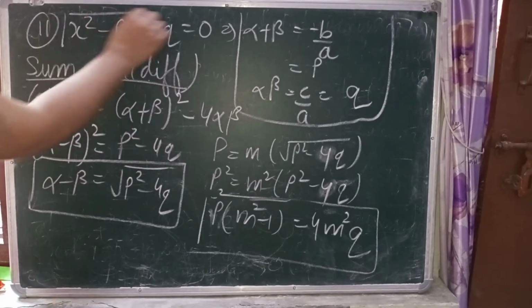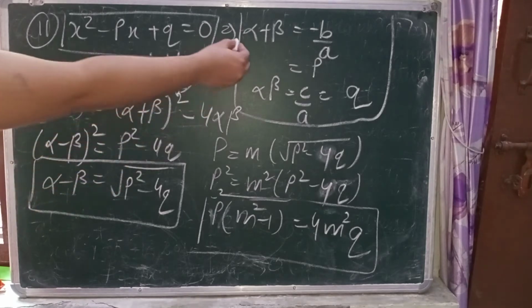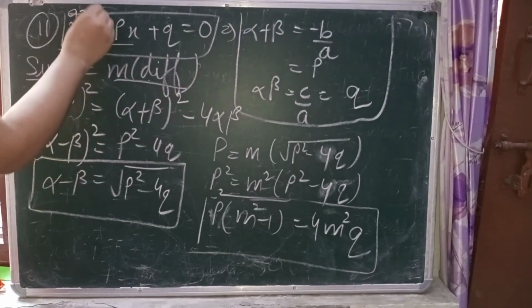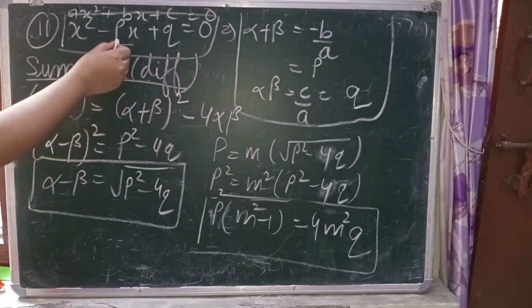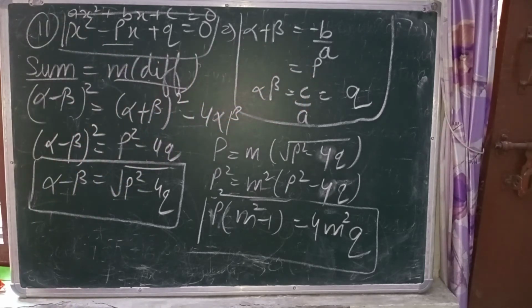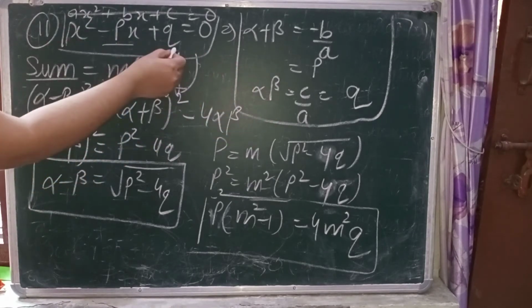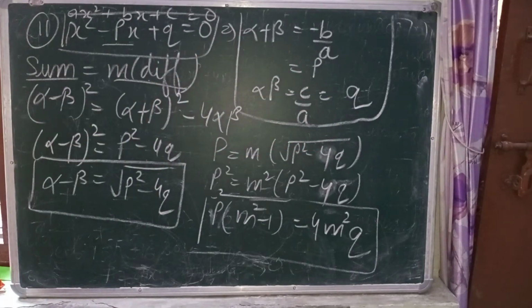So as the equation was given x square minus px plus q equal to 0, first of all we will discuss the sum of the roots. As alpha plus beta is always minus b upon a, when we are comparing it with ax square plus bx plus c equal to 0, so minus b means minus of minus p, it will be p upon 1. So the sum of the roots is p upon 1. The product of the roots is always c upon a. C is q, a is 1. So the product of the roots will be q.